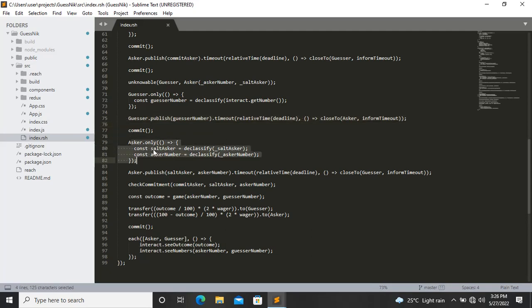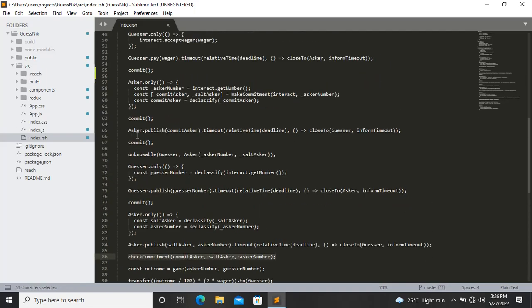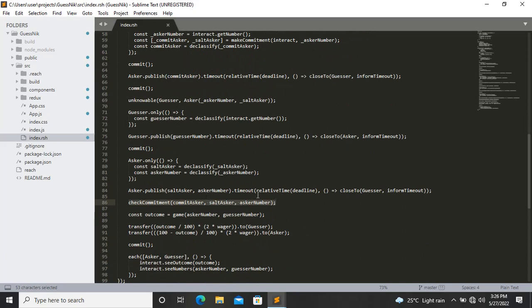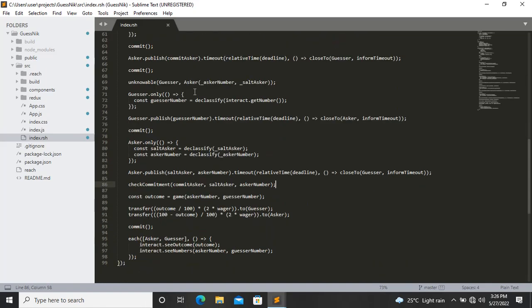In this next step, the asker is asked to publish his salt and his number. When the asker gets the salt and the number, he publishes them to the blockchain. Now we check whether the initially published commit matches the salt and number. So if the guesser publishes his number and the asker goes to the blockchain, sees the number and tries to change the number that she initially put to the application, this would revert quickly, because the